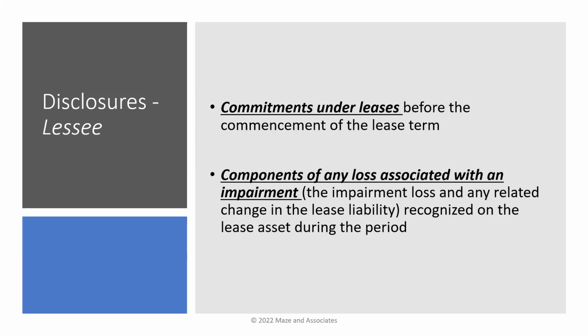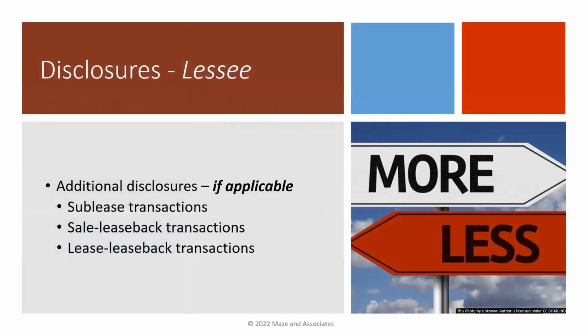If the asset becomes impaired, there are disclosure and accounting requirements related to that. So that's something you want to factor in each year and look at as well. So there's a few more disclosures here. I'm not going to go into the details for these because they're not very common, but you want to look at statement 87 because it has easy to follow disclosure requirements if you have any of these situations.